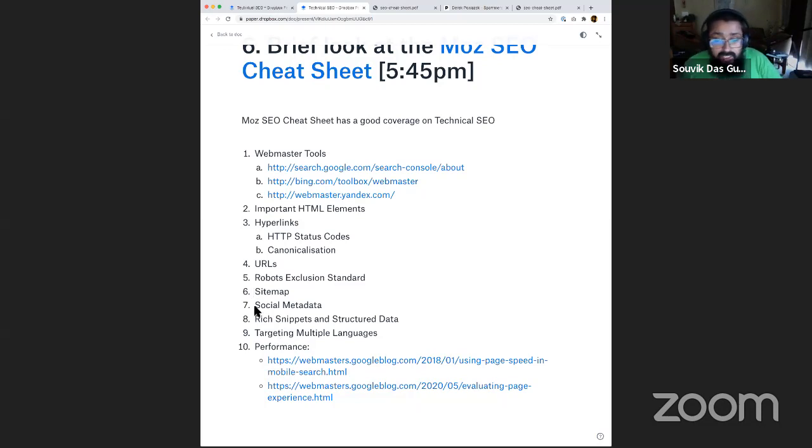The 7th point is the one that deviates away from search a little bit. Social media metadata are certain parameters that you add to your website, so that when anyone takes your URL and puts it on Twitter or Facebook or some other place, even sometimes internal sharing, like we use Slack a lot. If I share a URL on my Slack channel, you might have noticed that a very rich card gets created out of it, where a featured image comes out, the title of the page comes out, who has written it, those things come out, and so on and so forth.